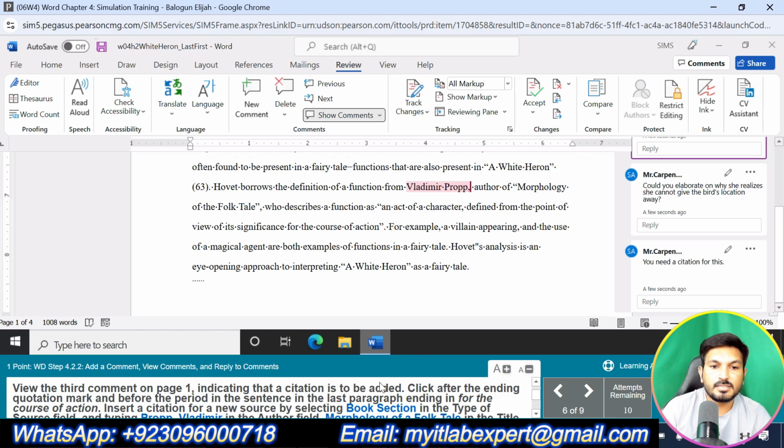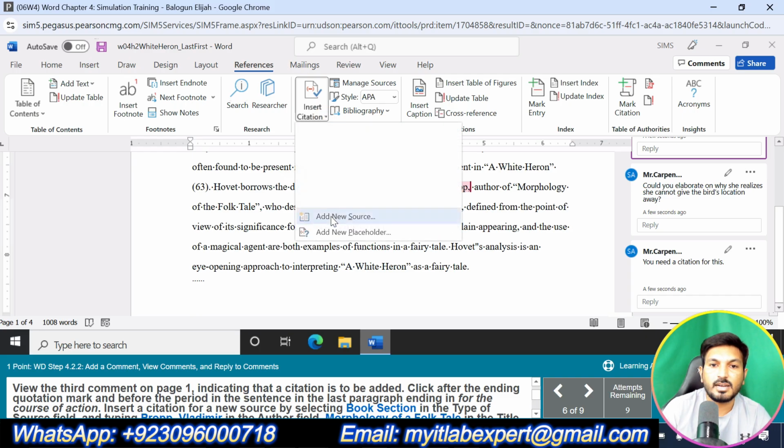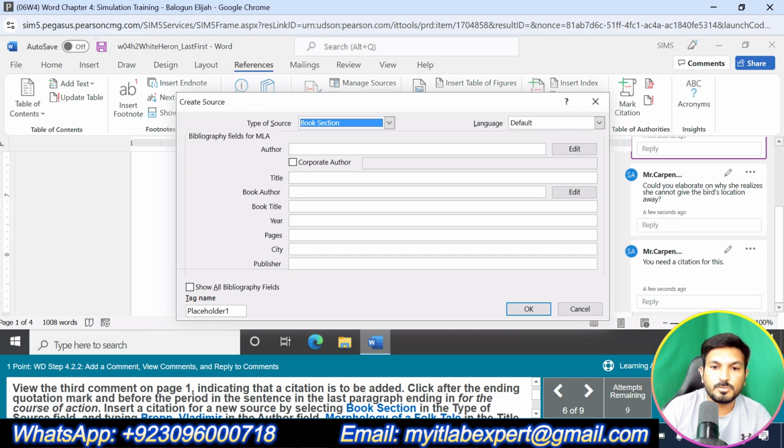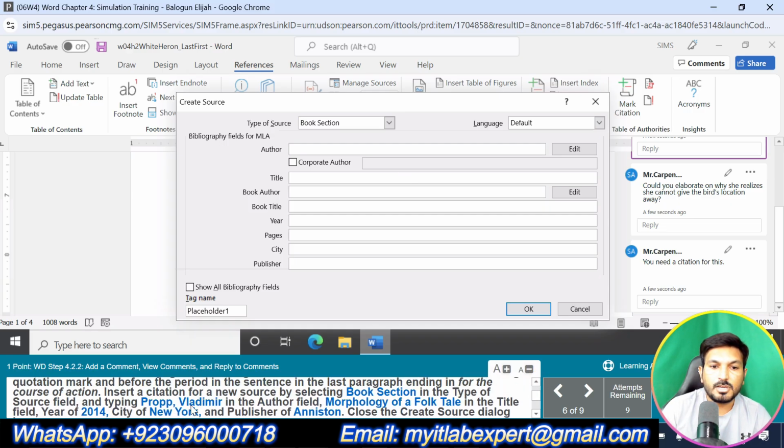Okay, and then insert a citation for a new source. Go to Reference tab, go to Insert Citation, and click Add Source, and that should be a book section. So select Book Section from here. Okay, in type of source, then typing Propp. Okay, so we are supposed to type the author in the author field. Okay, then we are supposed to type the title field,